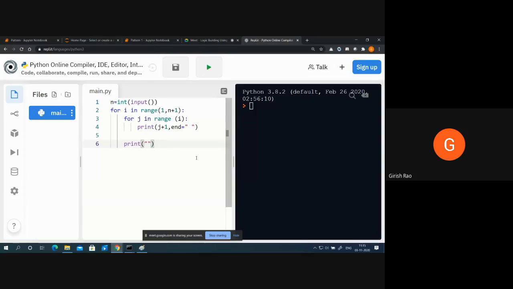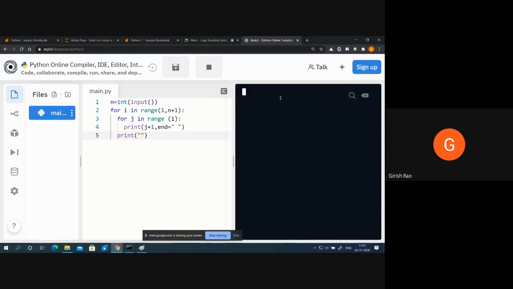Let's paste it. Okay, let me take the tab. Now run it.